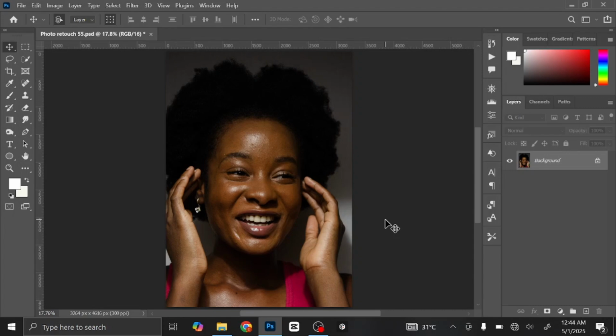Now for the sake of this video, we are going to use this image for this tutorial. I'm going to drop the download link in the description below, and you can also download my retouching action in the description below. Now the first thing you are going to do is to remove the blemish or spot from